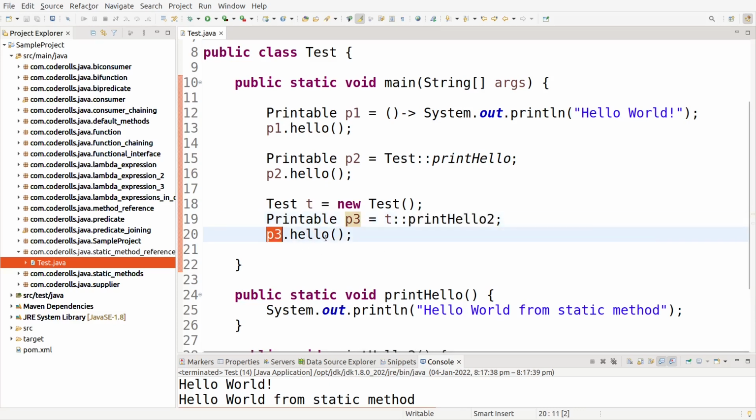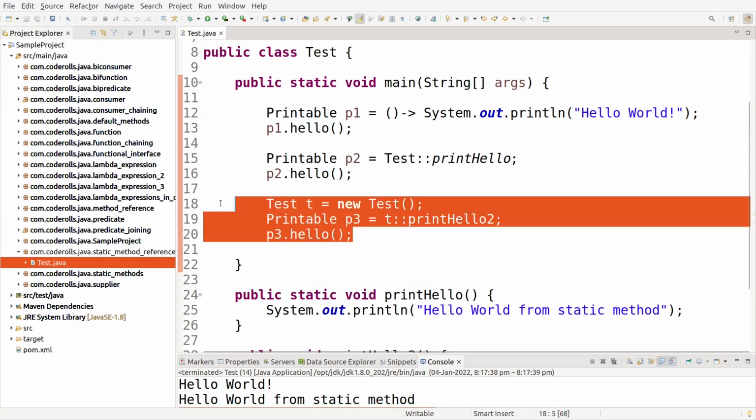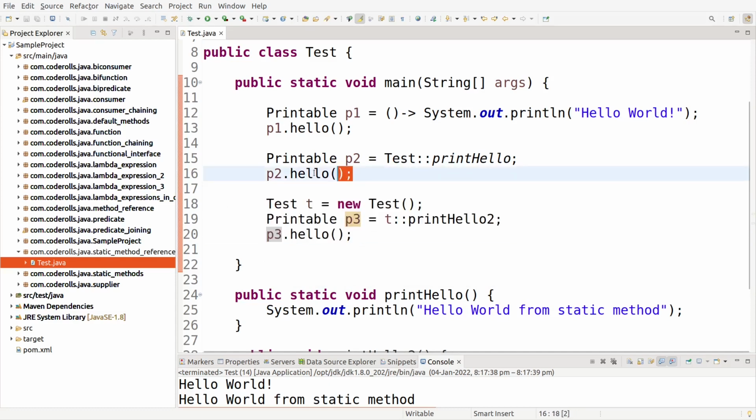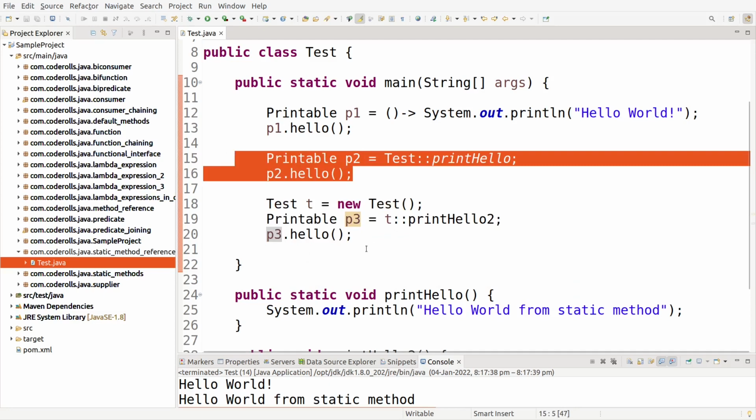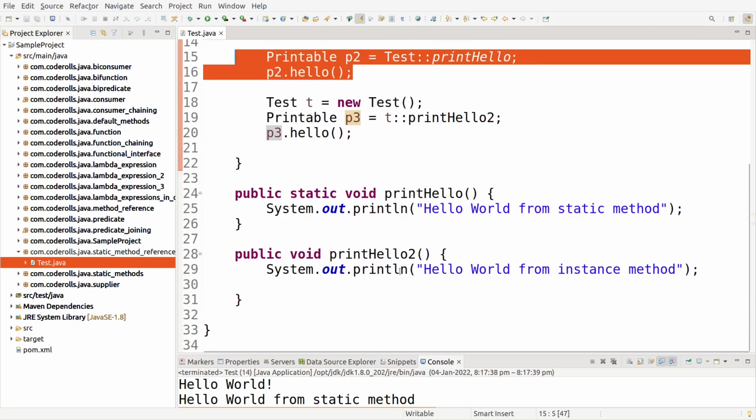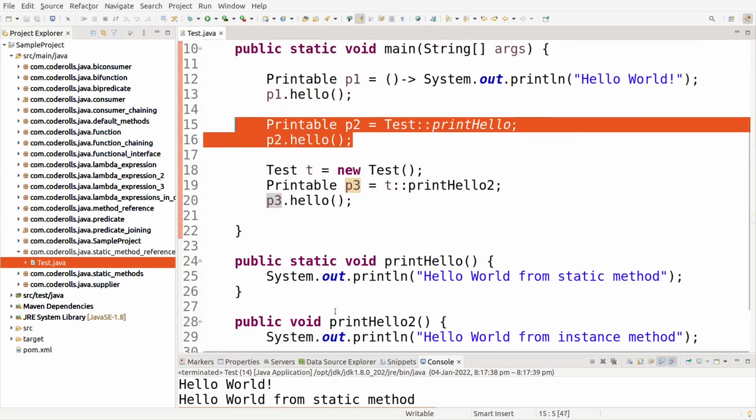And now we can invoke the hello method. This is how we have used the object method reference and the static method reference. That's it for this example, and we will see the next concept in upcoming videos.